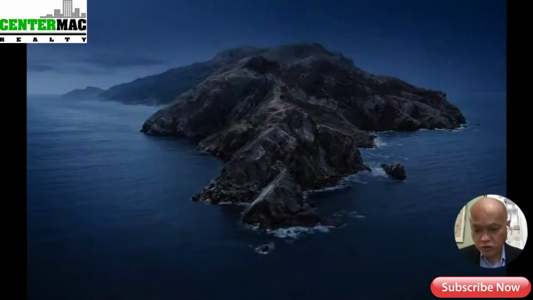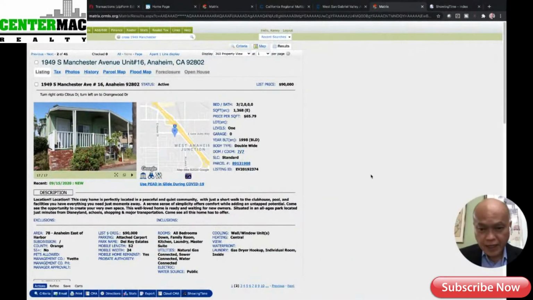Okay, without spending any more time explaining, let me just get to the screen where I want you to see the type of forms that are available. Let's do something that is more illustrative. So I am inside a page in the MLS, and this is of course the CRMLS. This afternoon, I'm going to be taking a buyer of a mobile home to go see a property in the city of Anaheim. So when I open up this page,